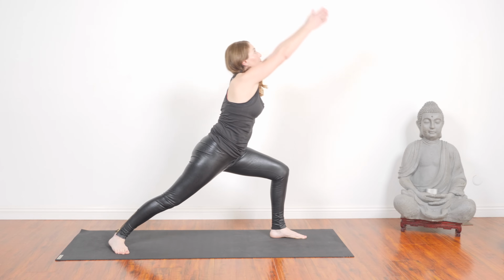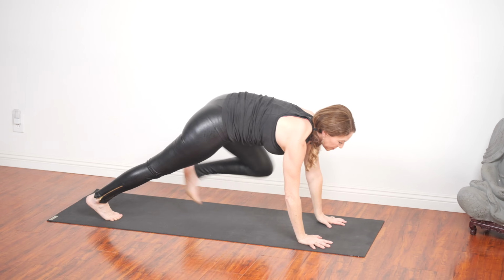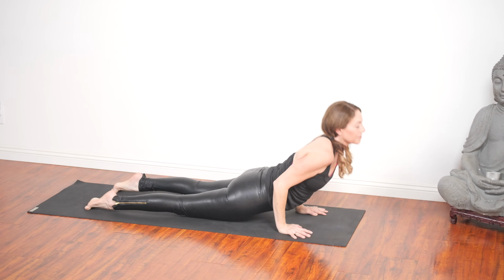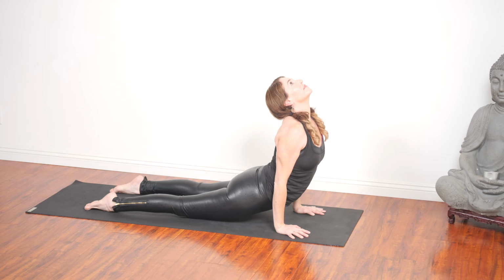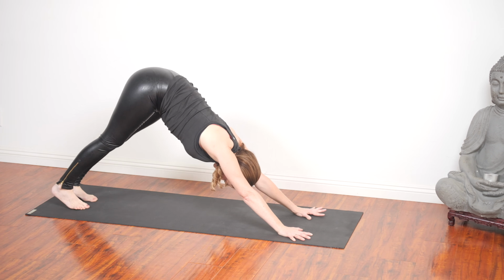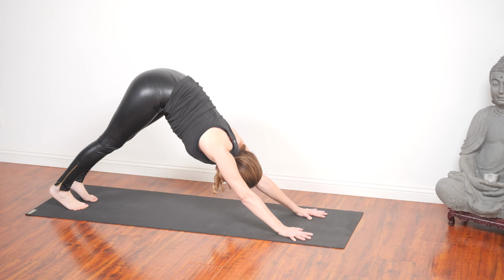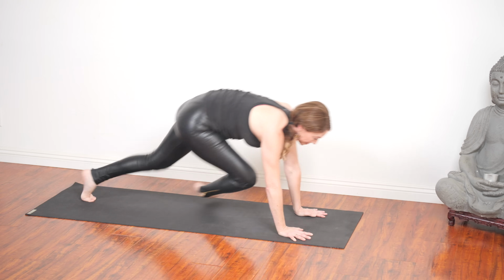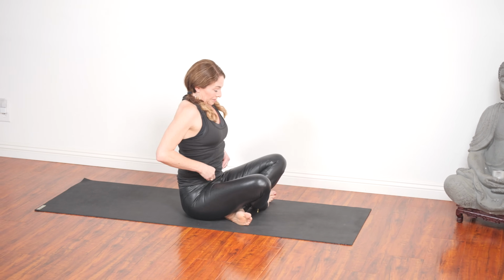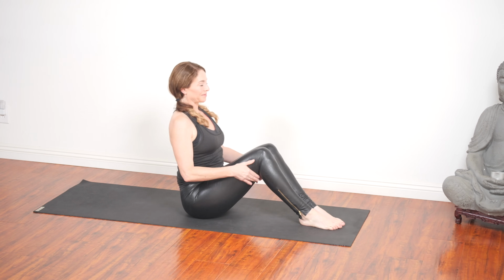Step the left foot up, the back heel down, warrior one, reach up. Exhale right away, chaturanga. Then up dog on your inhale, full breath, and down dog as you exhale. Even out your breath here. Feeling the stability of your pose, but at the same time, find some softness. Step or hop and sit. So working on our third chakra,